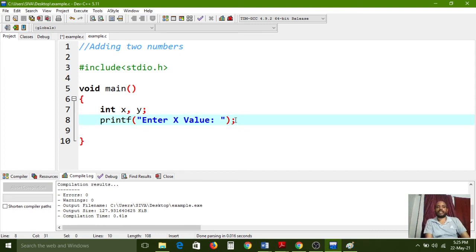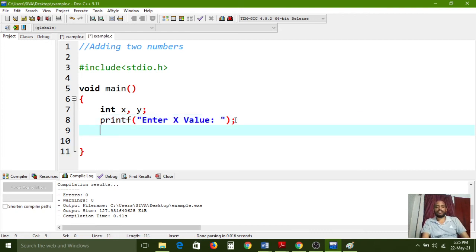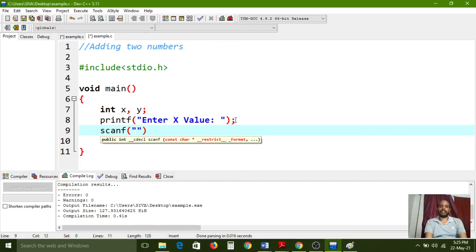Any input. So why, to take any input by the keyboard, you have not used any input function till now. If you want to collect any information as an input, compulsory you need to use one scanf function. That is the predefined scanf function to take the input from the keyboard by the user. If you want to take any input by the keyboard from the user, compulsory we have to use the scanf predefined function. Understand? Here in between double quotes, %d, we are giving the information to the scanf function.